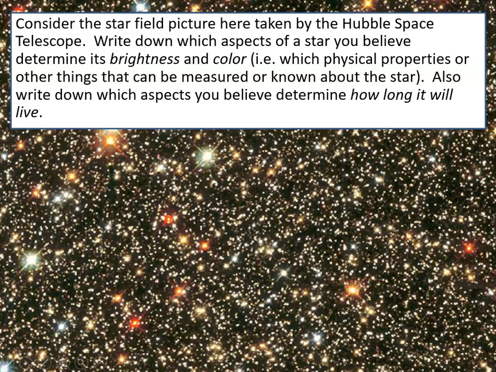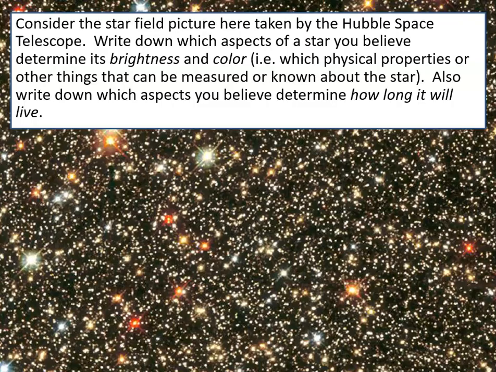So my question is, what aspects of stars do you believe will determine how long the star will live? Also think about what aspects of a star determine its brightness and its color. Remember, all of these are on the order of the same distance from us. So it's not just that the closer ones are brighter and the farther ones are dimmer. It's not like that because they're all about the same distance. So take a minute to pause the video and write down what aspects of a star you believe will determine